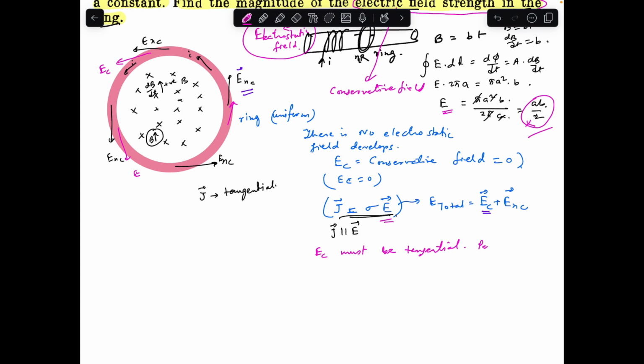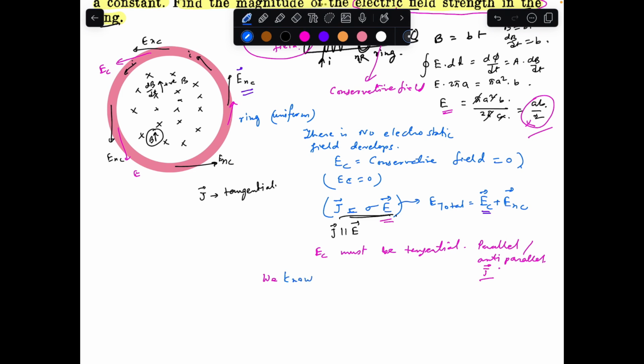Okay, either parallel or antiparallel. Antiparallel to what? Antiparallel to the J. Understood? Because it cannot be some other direction. It's parallel or antiparallel. So if I consider that this electric field is parallel, it's forming a closed loop,